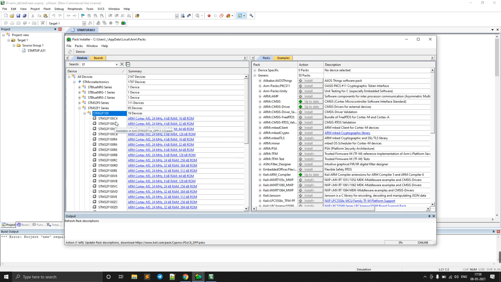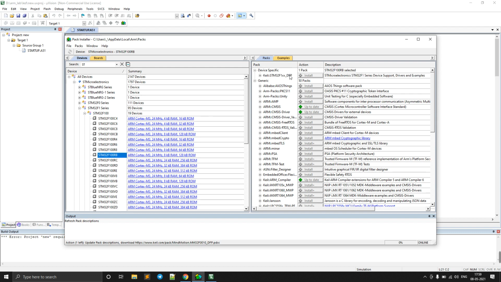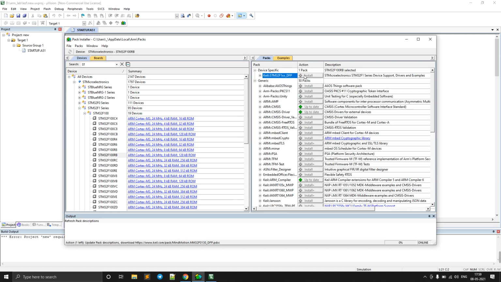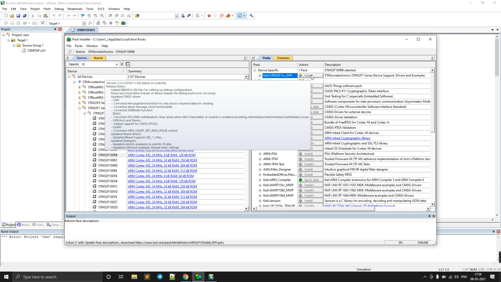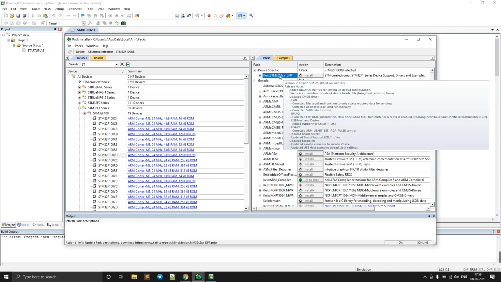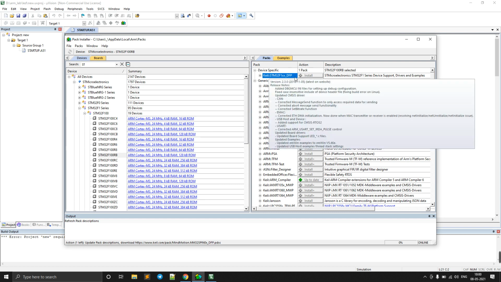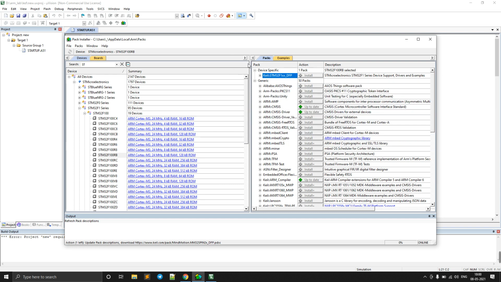Okay, where is that 100RB, which is here? Click on this, and here, okay, it is already installed. Pack one, it's installed. That means it is the updated one. Otherwise we need to click install on this one. If it is not installed, just click on this install. If you download the new package, it is already there. So now it is already configured, that means our STM32F100RB files are there. So we can close this.